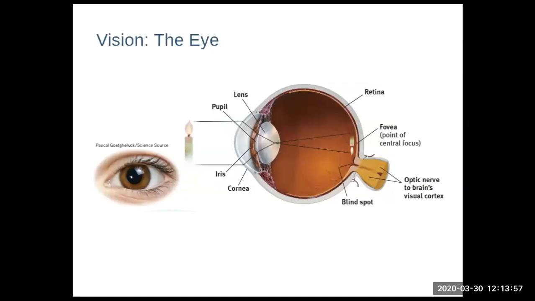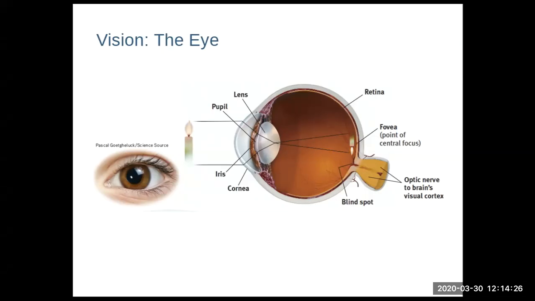What it's protecting just inside the cornea is the pupil and the iris. So if you look at the picture of the person's eye just to the left, that big black part in the very center of the eye is called the pupil. Does anybody know what the pupil's for? Well, since I don't have an audience live in front of me, I'll tell you. The pupil allows light to enter into the eye.